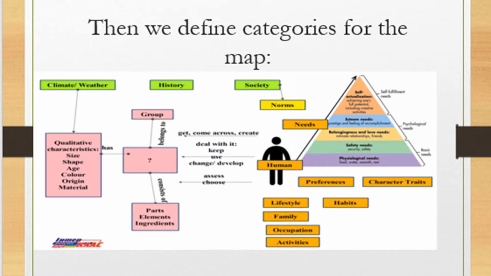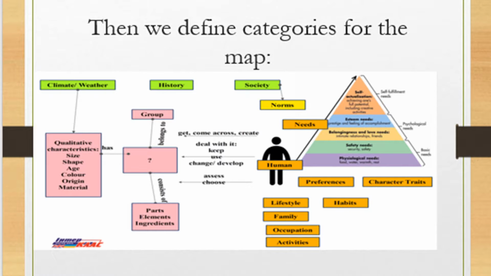For example, if we think of a table, we will think of furniture as a group, then parts of the table such as legs, and we can define the table using color, then material, its shape, purpose. We can talk about humans and how they relate to this table, and also later we can talk about